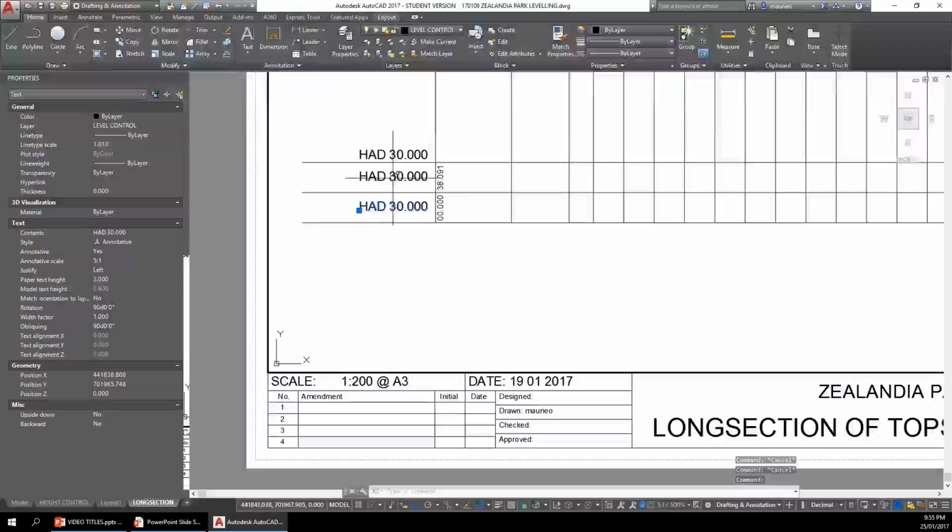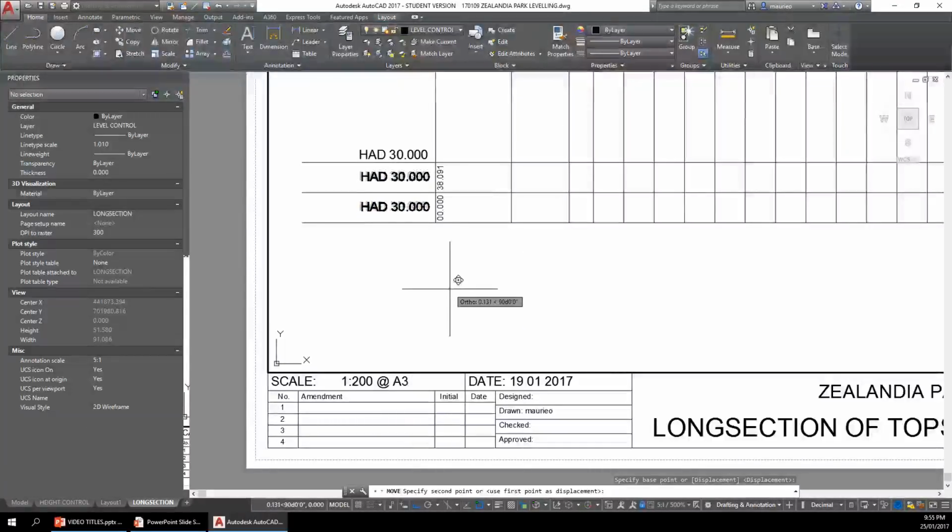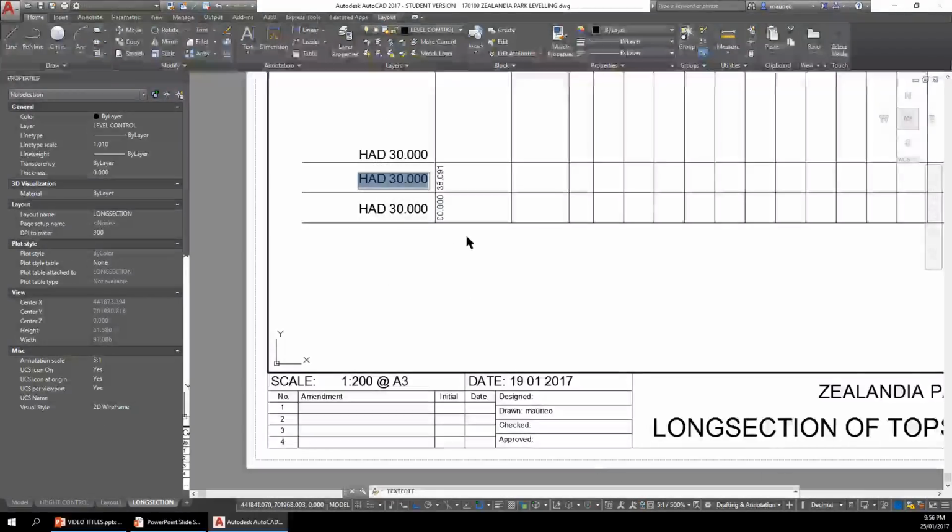No, they need to be moved down a bit. Yep, and that's going to be natural ground. There, okay, and that one there, that one's going to be